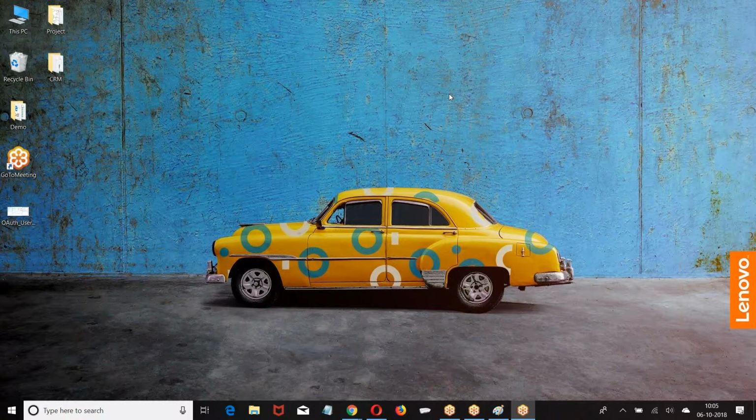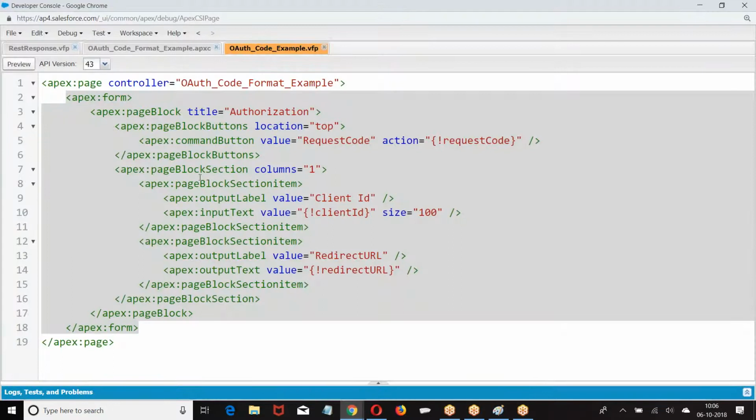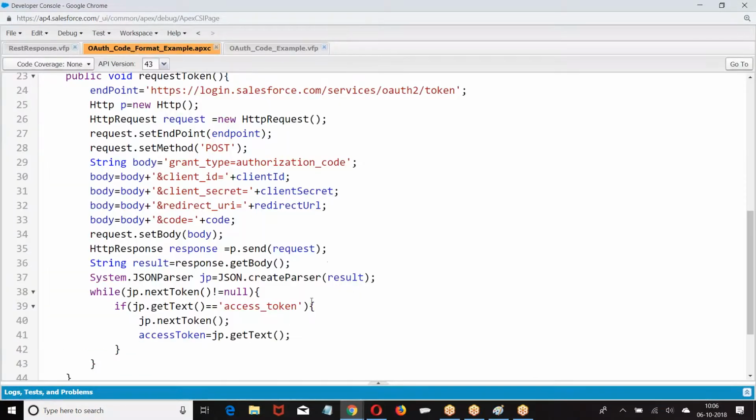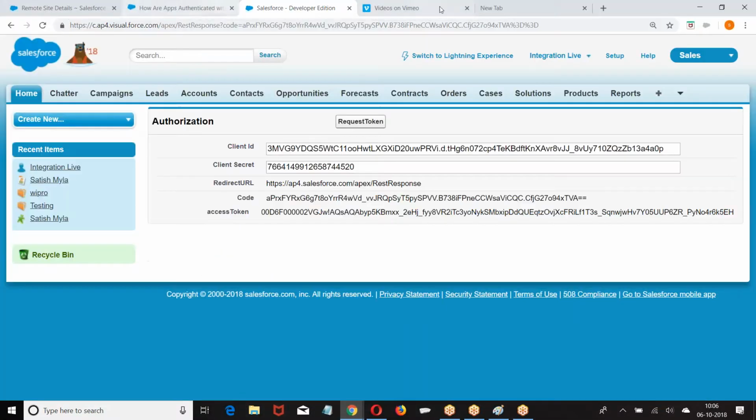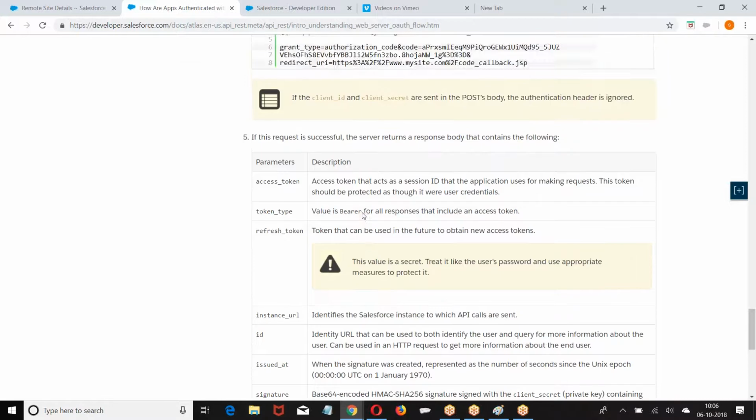So whenever you are going for authorization, they'll be giving a documentation like this. Based on the documentation, we need to understand what is the endpoint URL, what type of request this is, what type of inputs you are expecting, what type of response they are going to give. In the response, what elements will be there, how do you deserialize it? Right. So this example also we made purely based on the Salesforce documentation. We have seen this documentation.